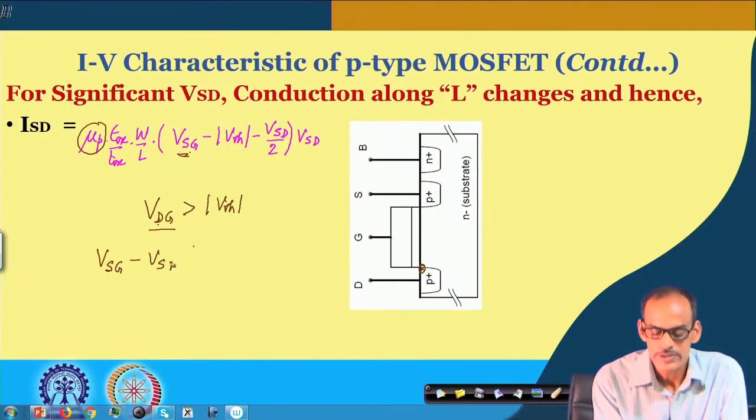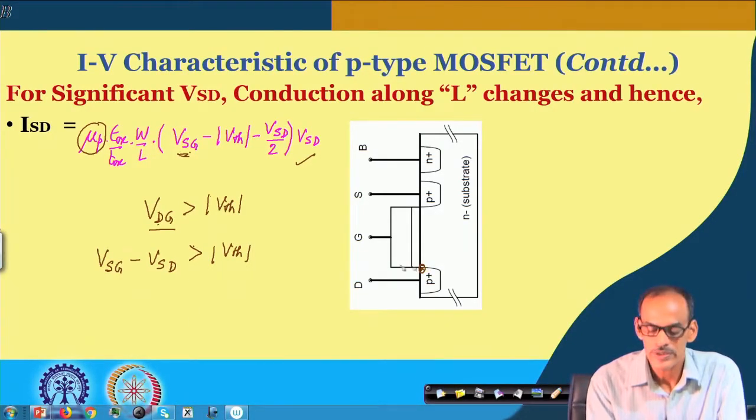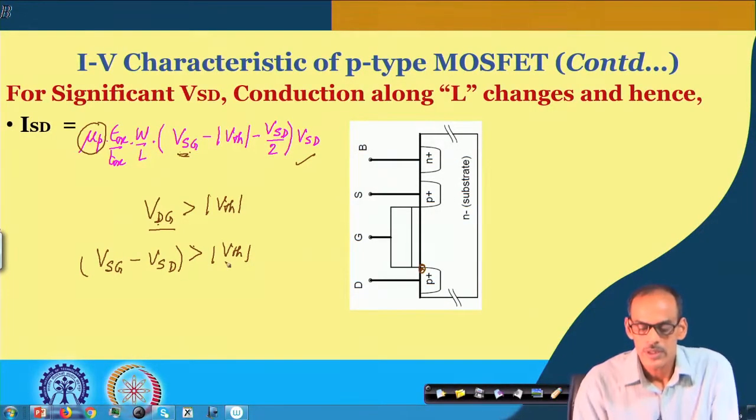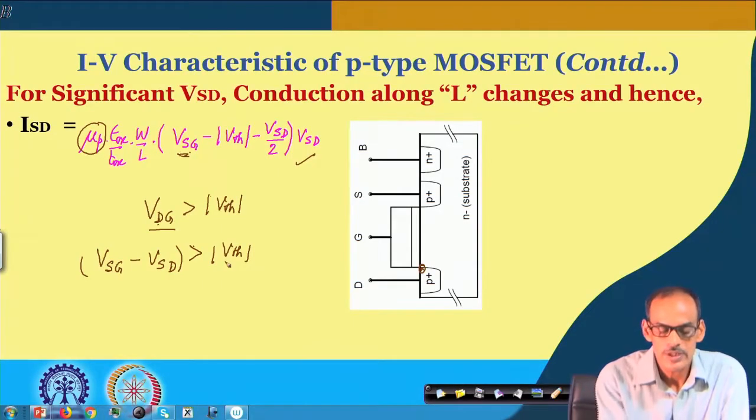As long as this is higher than the VTH, then only we can say that this equation is valid. At the limiting case when these two are equal, you can say the pinch off is happening, and at the limiting case the corresponding current becomes